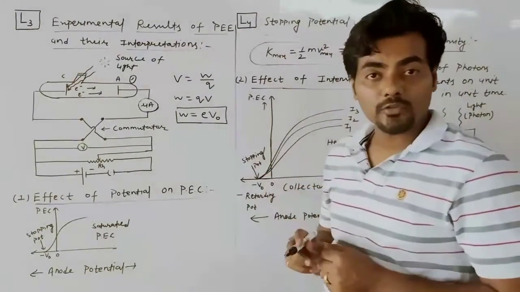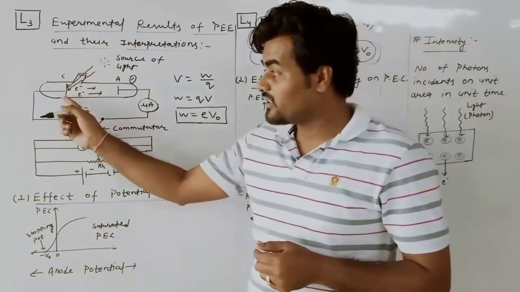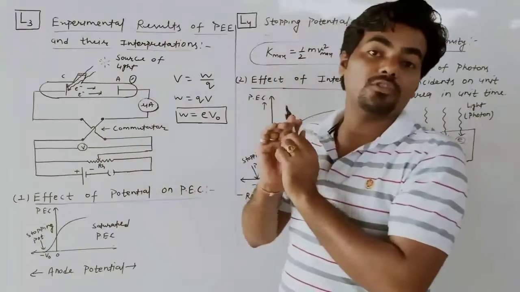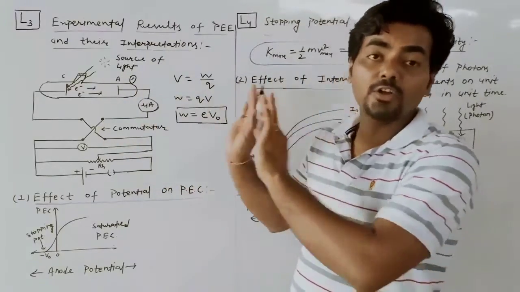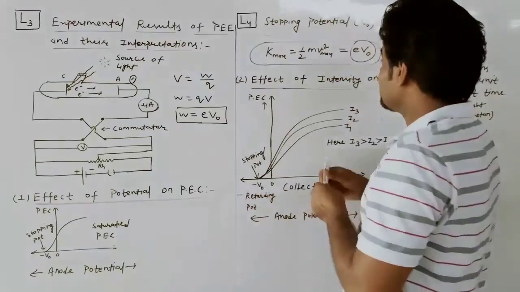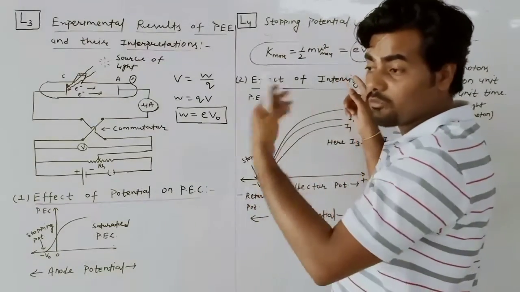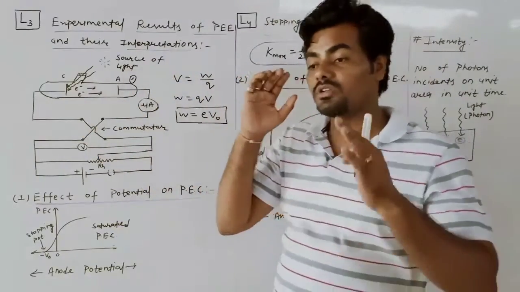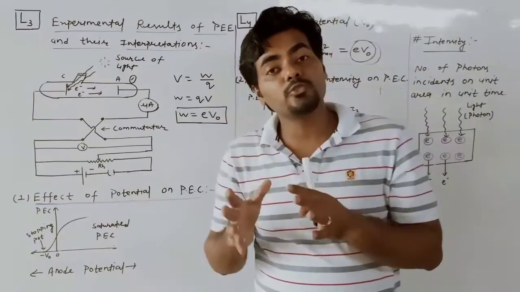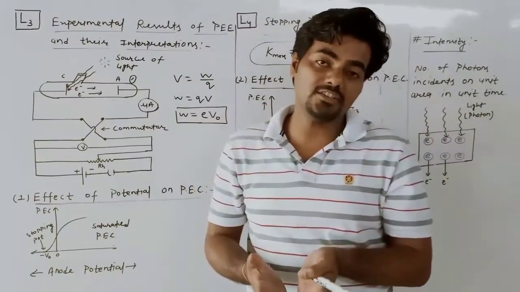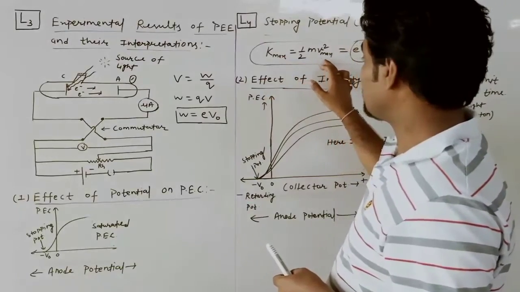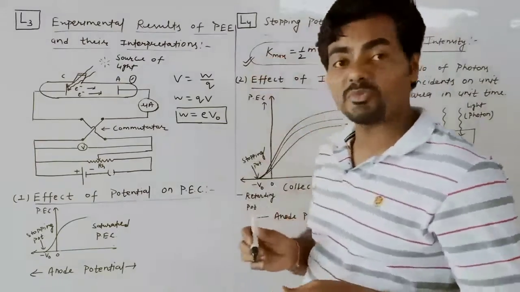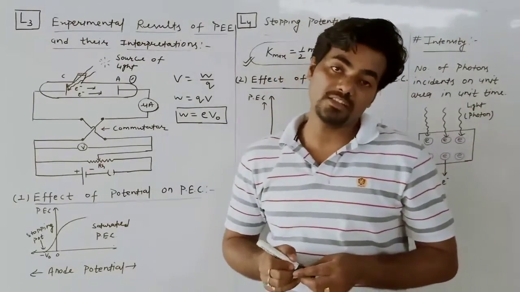Here this eV0 is the work done by the electron in reaching from cathode to anode against the negative potential of the anode, that is, against the stopping potential. This work done by the electron will be equal to the maximum kinetic energy of the emitted electron. So the electron's work equals its initial kinetic energy. So K maximum equals half m v square maximum equals eV0. This is a very important relation, and it is frequently used in the numericals of this chapter.